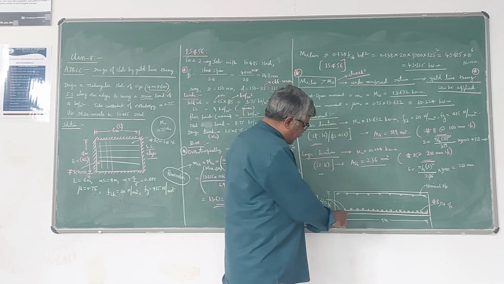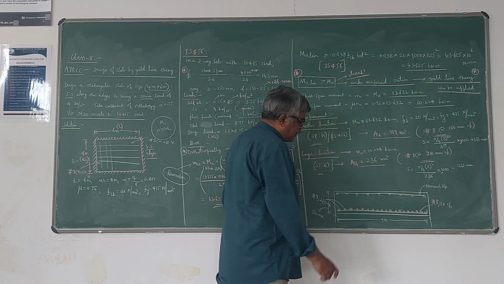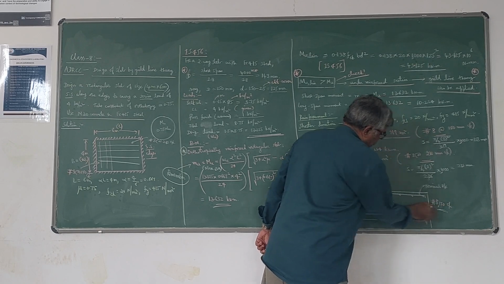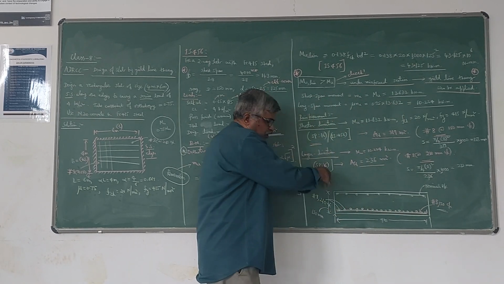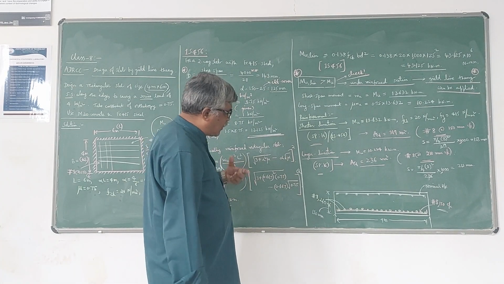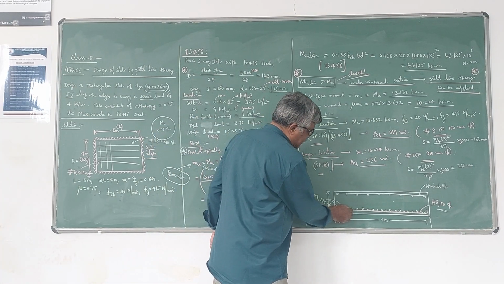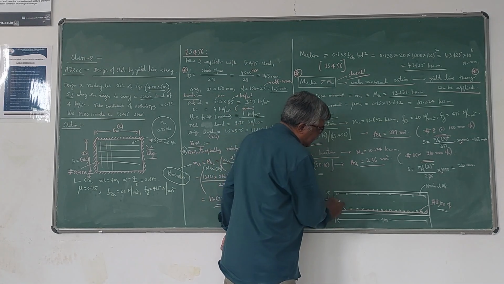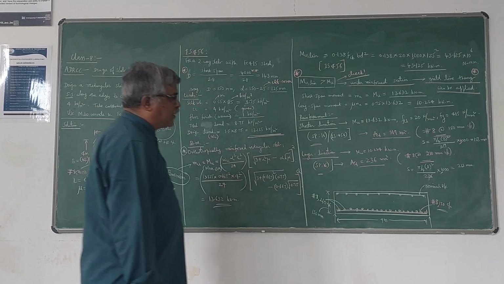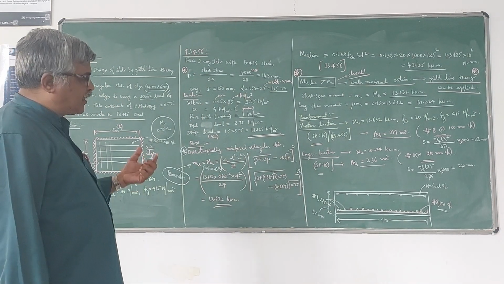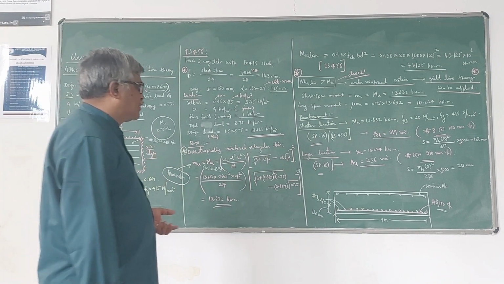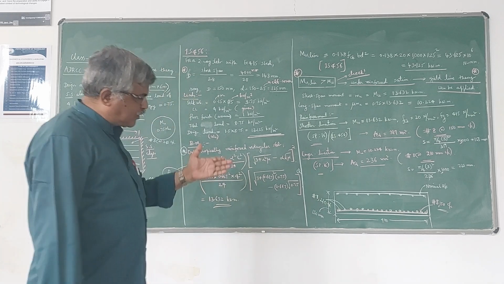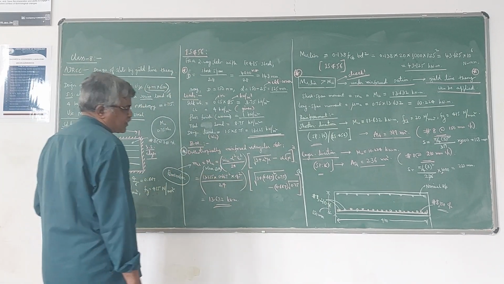So I have taken the shorter direction 4 meter length. The main steel is T8 at 150 center to center, and perpendicular to that shorter direction, the reinforcement in the longer direction is shown like this. That is T8 at 210 mm center to center, and at the top you can provide some nominal reinforcement just to have the stability of the structure. So the top reinforcement need not be designed. Only bottom reinforcement in both directions you have to design.